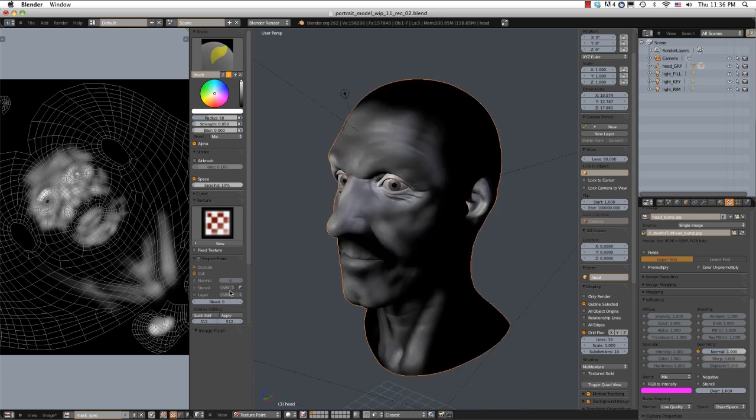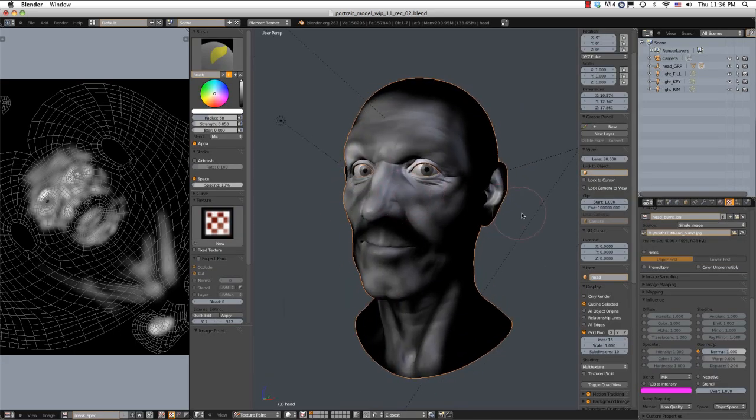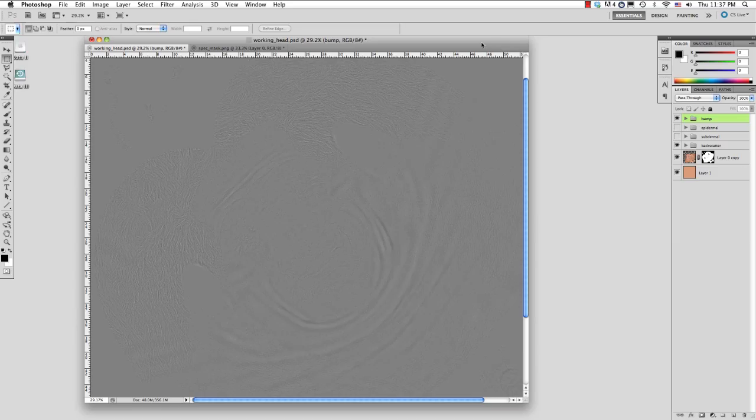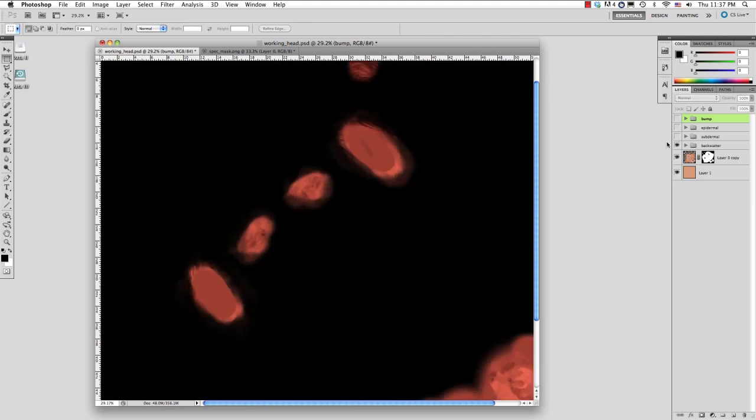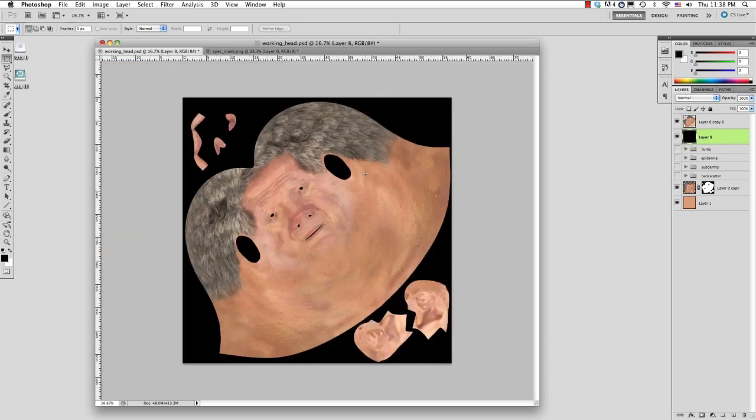That'll be good. Alright, so I'm going to save this out, save as image, and call it spec mask. Turn it to JPEG, and now I'm going to use this in Photoshop. So in Photoshop, I'm going to hide the bump map we created in the backscatter group, duplicate our diffuse again, because we derive everything from this diffuse texture that we painted. Get that out of the bump group, and create an empty layer. We're just going to fill that with black,